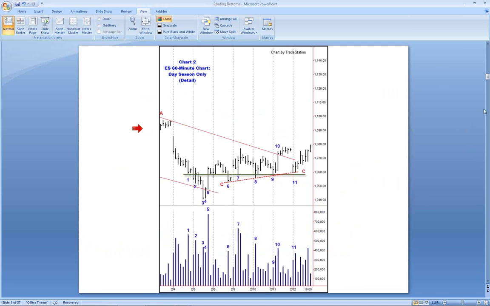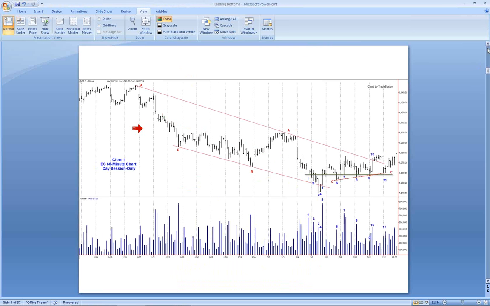Here's a blow-up of that same area. And I'll go back to the area so you see this well. If I can get back there. There we go. And there you go. Okay, so notice here,